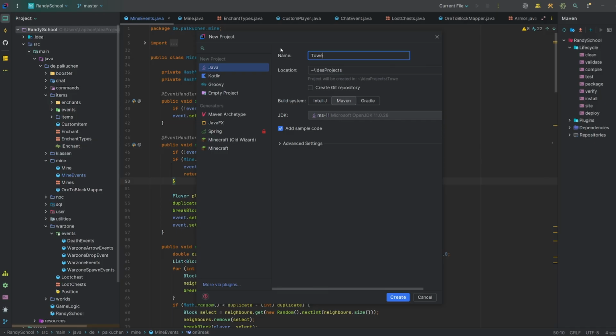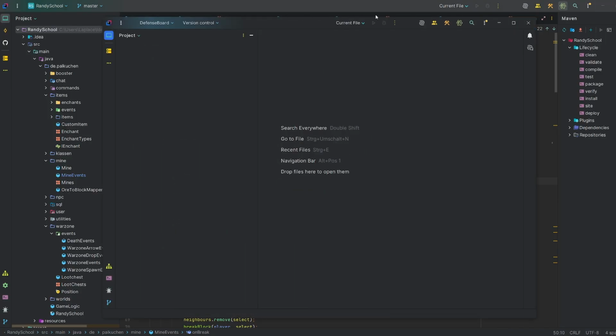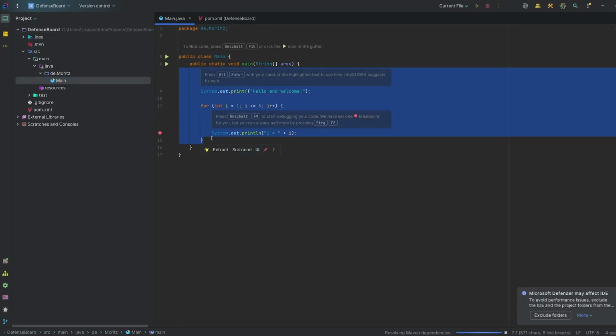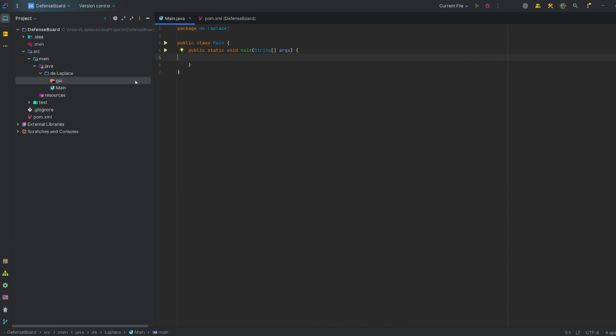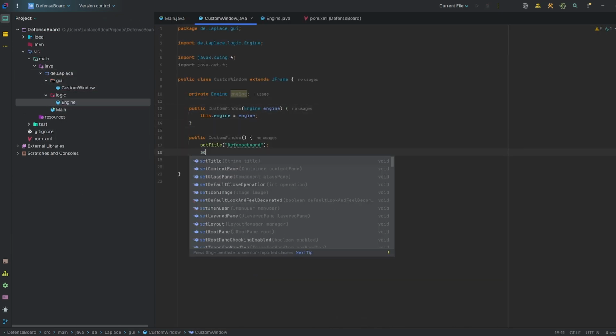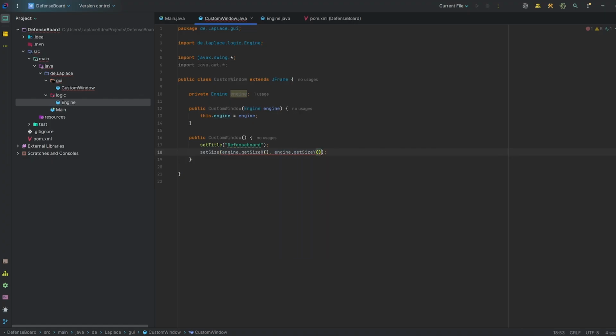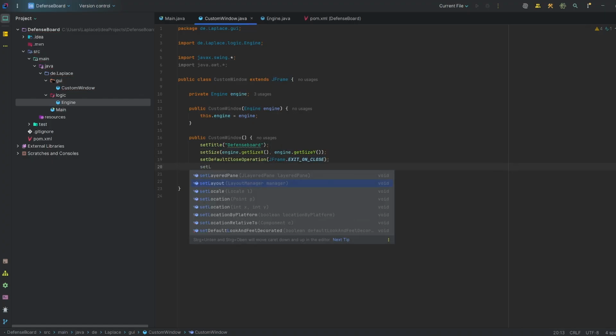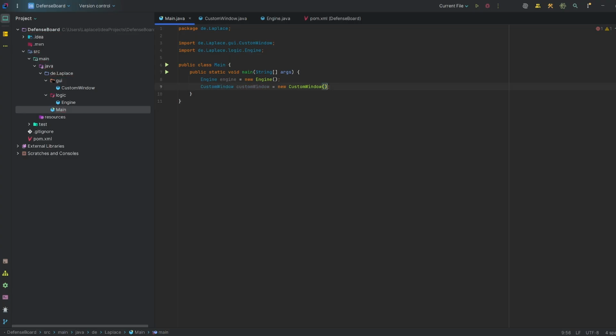So first thing I did was obviously to create a project. I couldn't decide on the name, so I went with defense board. After that, I created a custom window which extended a JFrame, which will be the base of our game. I then created the engine, which is just for initialization as well as save some important game data throughout the